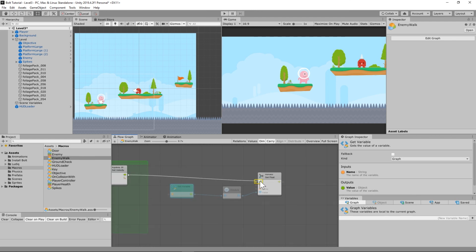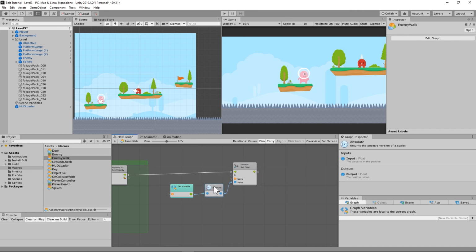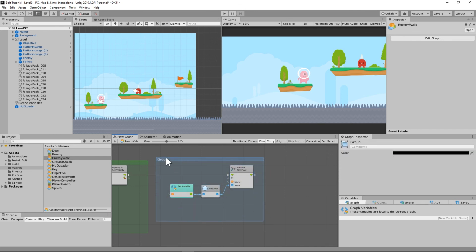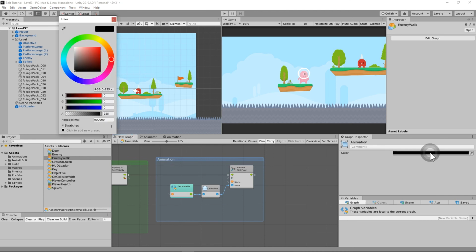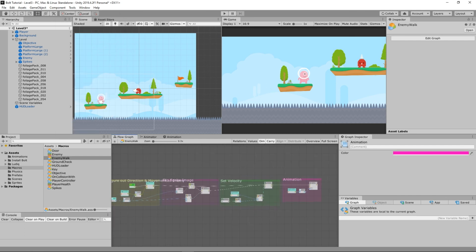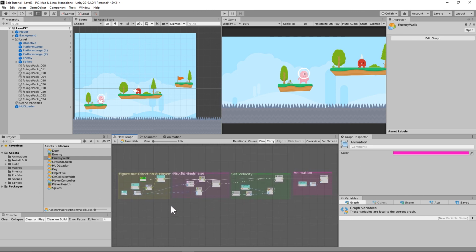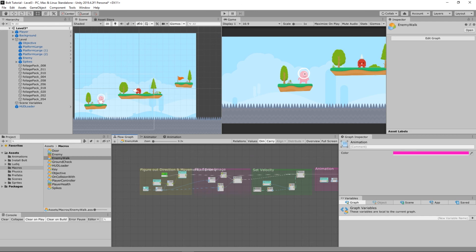So let's set the float on that, animation, and set that to purple because I like that. It's kind of more pink than purple. I don't care. So essentially by the end of this, this is how big the enemy movement is going to be. So in the next